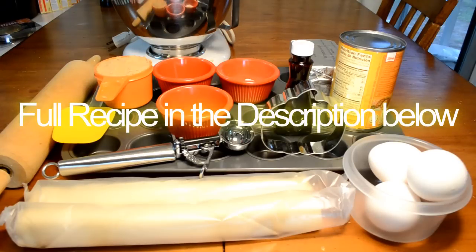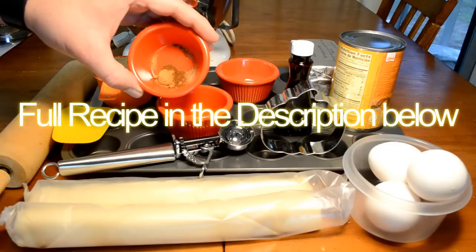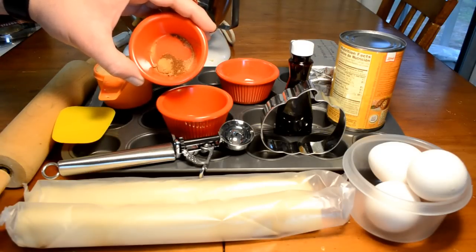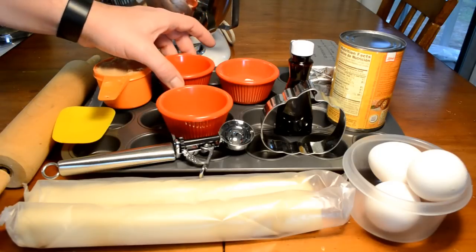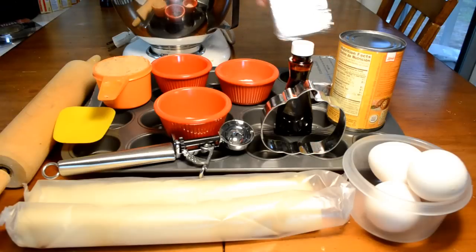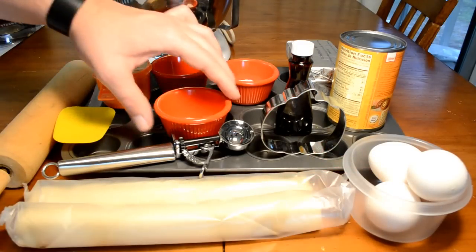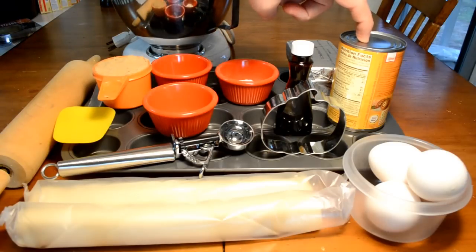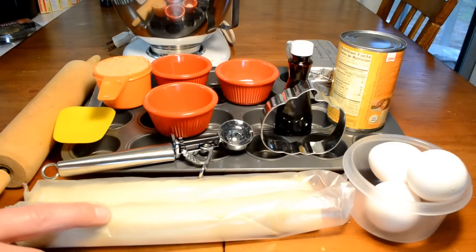What you're going to need for this recipe: 3/4 of a cup brown sugar, 1/4 teaspoon of cinnamon, 1/8 teaspoon of nutmeg, 1/8 teaspoon of ground clove, and 1/4 teaspoon of pumpkin pie spice. 1.5 tablespoons of all-purpose flour, 2 packages of cream cheese at room temperature, 3 eggs, 1/4 teaspoon of salt, 1 15-ounce can of pure pumpkin, 1/2 teaspoon of vanilla extract,